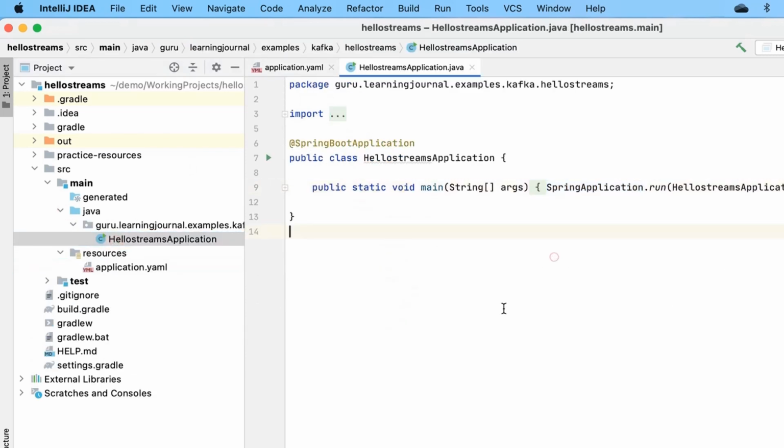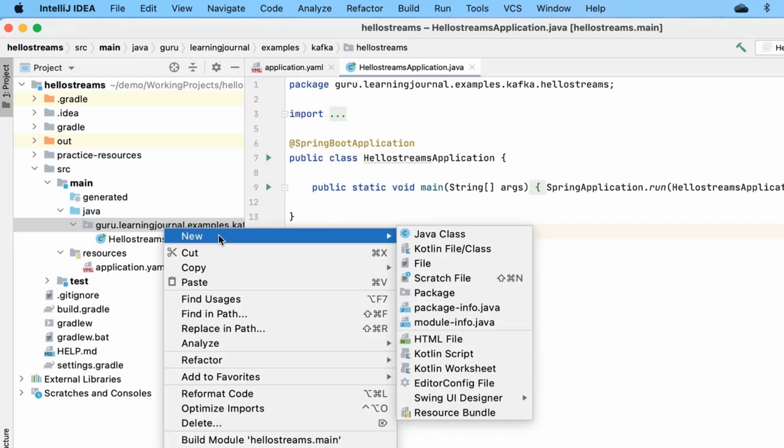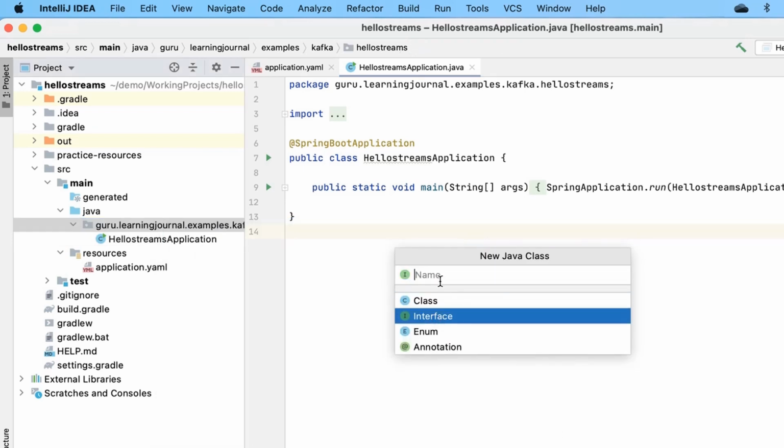You can see this Hello Streams application class, and you already know about it. This class is the main entry point for our Spring Boot application. But the current application does nothing. We want to create a Kafka listener service that binds to a Kafka input topic and listens to all incoming messages, right? Creating a Kafka Streams listener requires two things. The first one is an interface to define the input-output bindings. Let me name it Kafka Listener Binding, and I keep it in the bindings package.